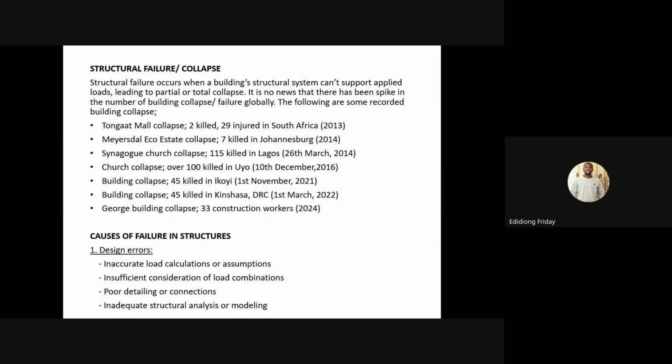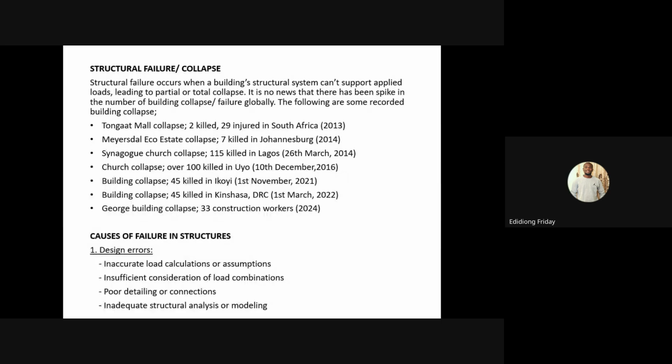As you can see, I have listed out the number of casualties for these select recorded cases of collapse, and the causes of this failure will be looked at shortly, but we are just trying to tell you that structural failure happens, and when it happens,